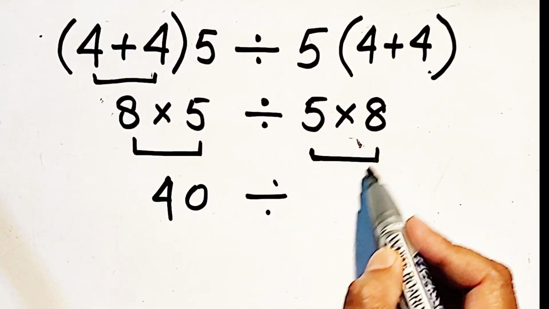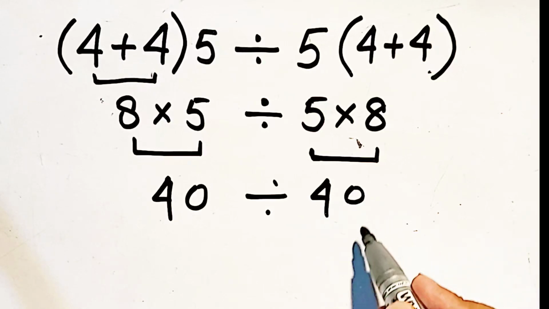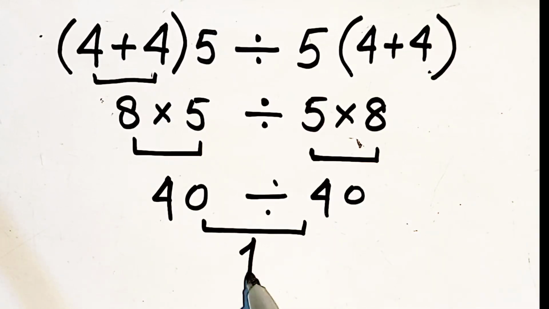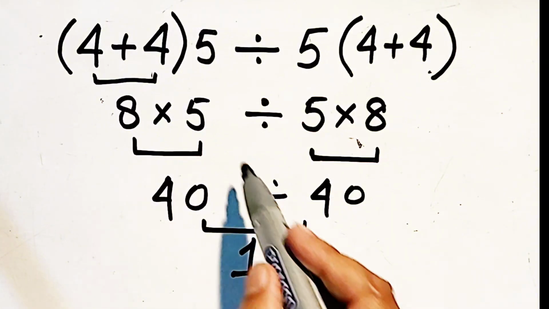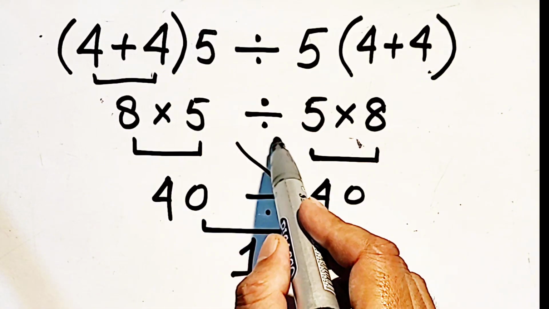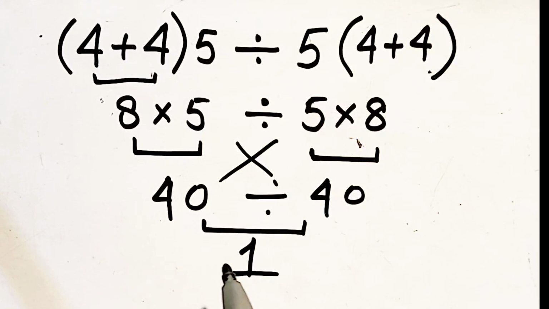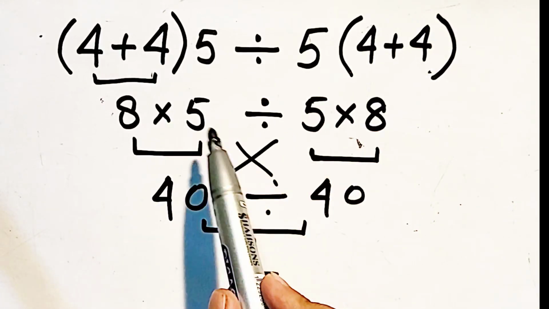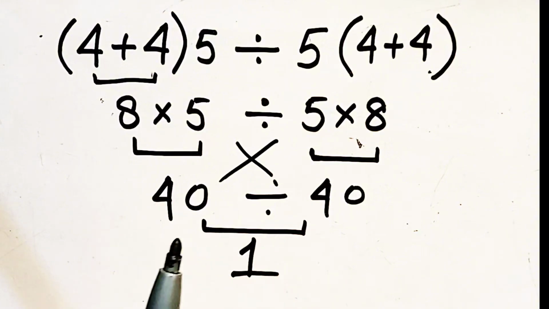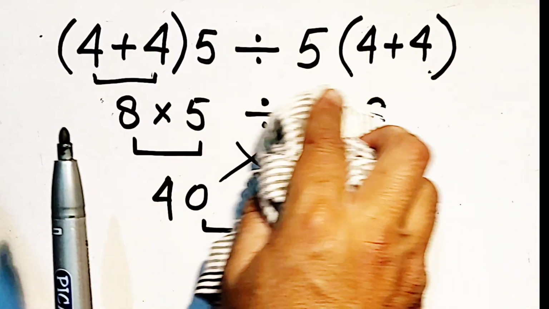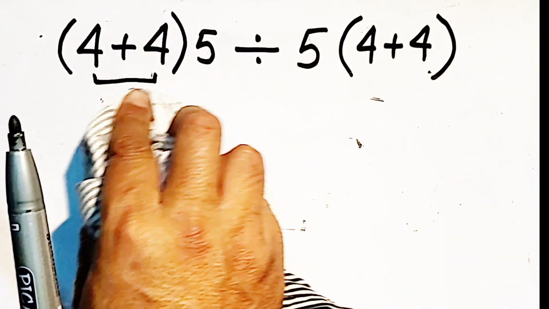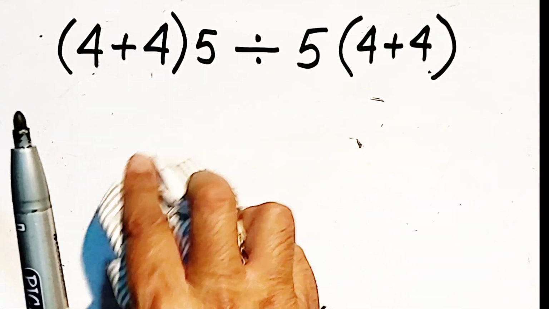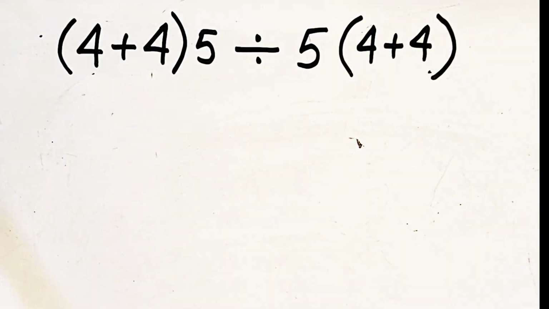It will also become 40. Hence, 40 divided by 40 will be equal to 1. But remember that 1 is not the correct answer. We have made a mistake, and now we have to remove that mistake and handle the question again according to the PEMDAS rule, which is the order of operations,